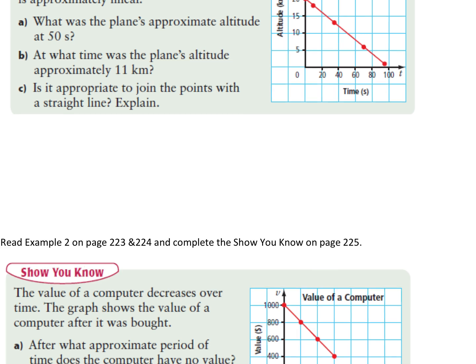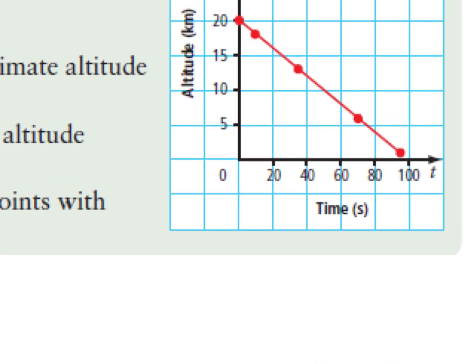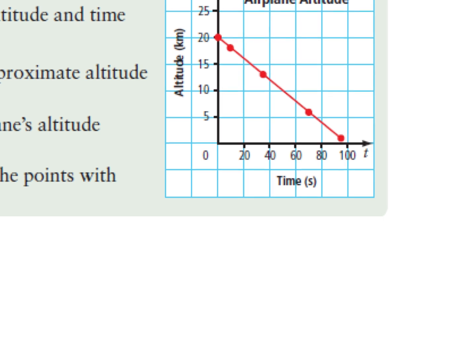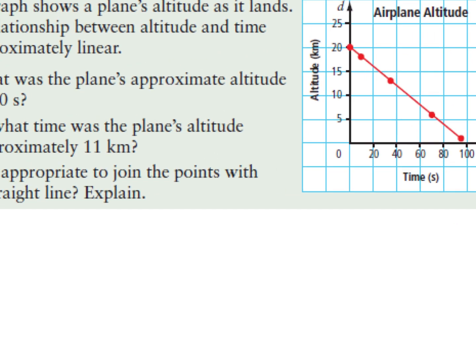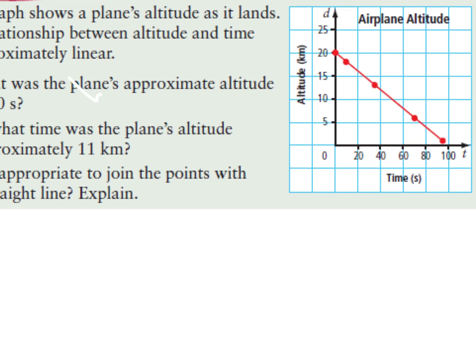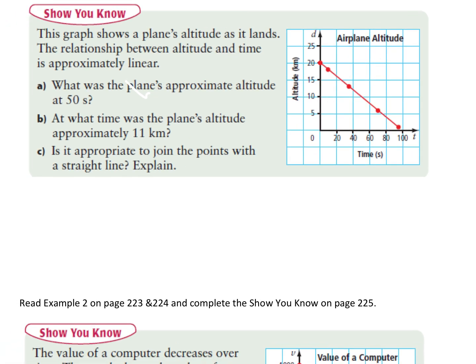On the graph, we can see that we've got time going across the bottom, which is our x-axis, and we've got y going down the side, which is our y-axis. In this case, we've been given the variables t representing time in seconds and d representing altitude in kilometers. And so coming back to that first question, in question A, we get asked, what was the plane's approximate altitude